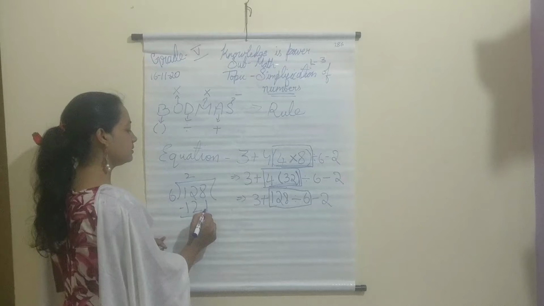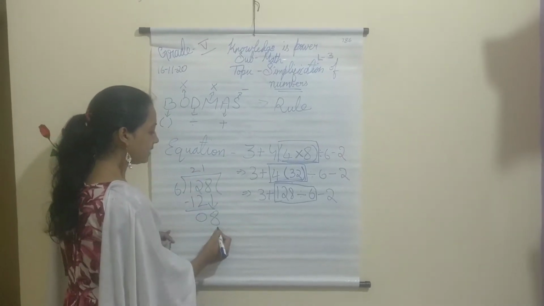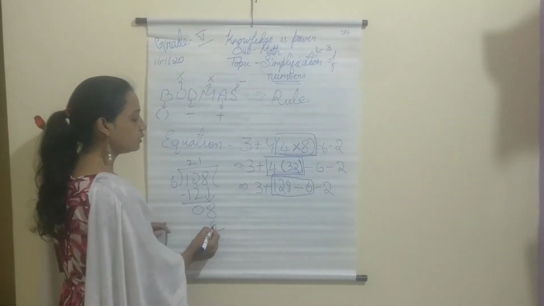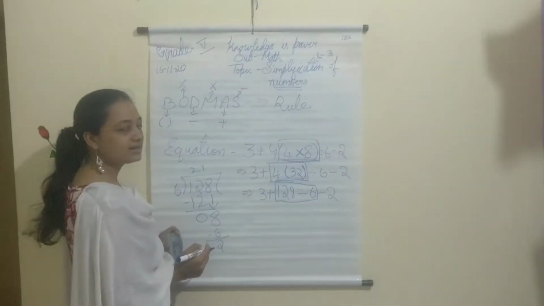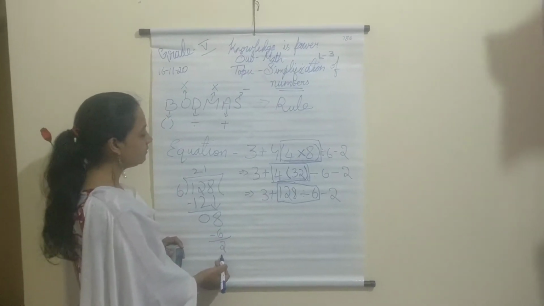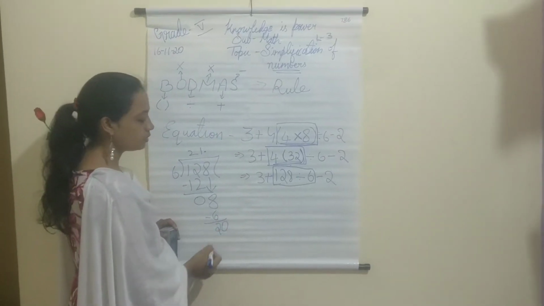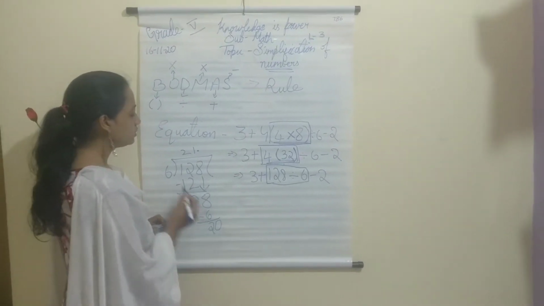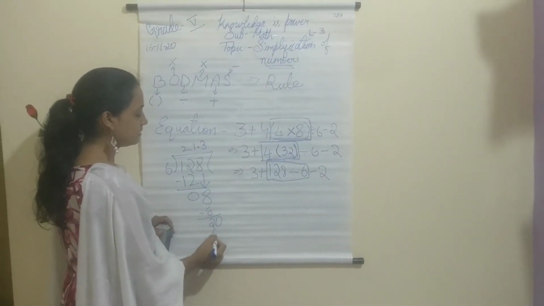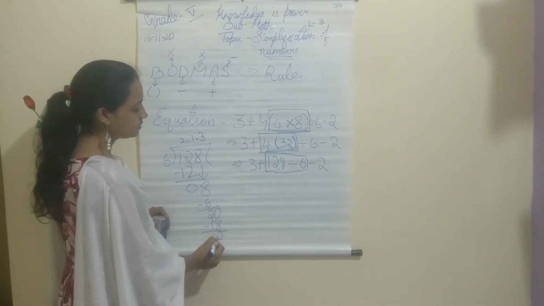Subtract it. Bring down the next number. It's 8. 6 1s are 6. Subtract, remainder 2. What I've already learned about decimals, right? So how do you solve when you get a remainder? When you get a remainder like this, you keep a decimal point here, add a 0. So it becomes 20. 6 3s are 18. Again I get remainder 2.